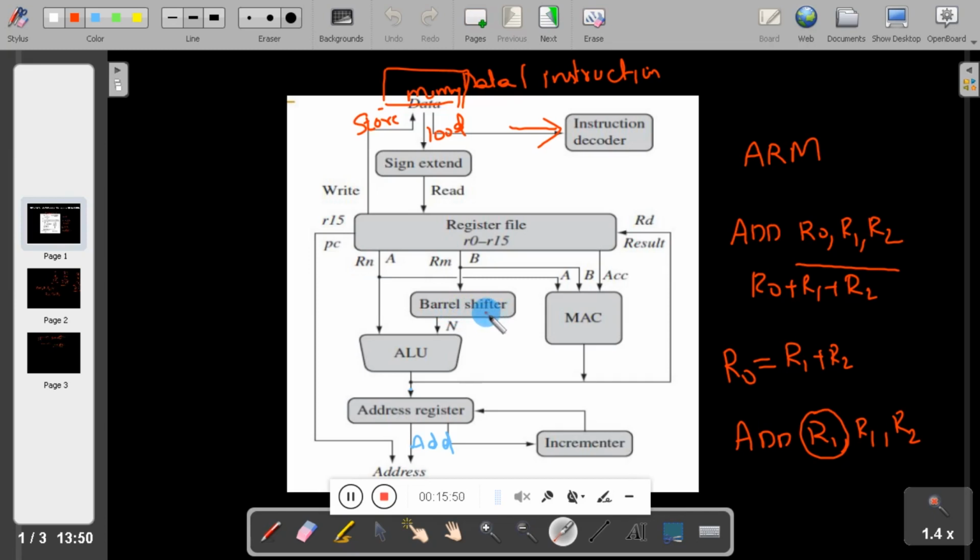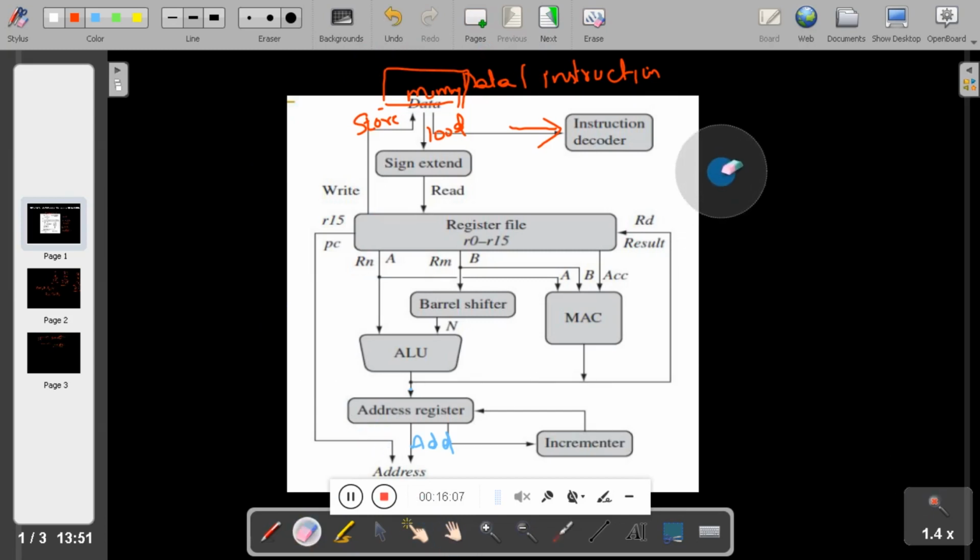Now you can ask why a barrel shifter is used. Shifters are used with scaling operations. Let me write here, if you take 0010, what is the value of this number? That is 8421, so this is 2.